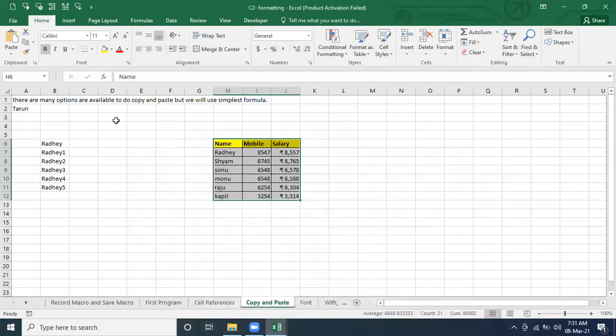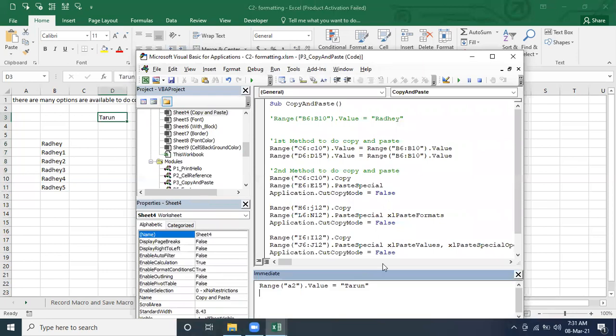Let's say I already have a Tarun somewhere else, which is in D3, and what I'm going to do is pass A3, and what value do I want to pass? This is the D3 value. That's very easy. So already we have a value Tarun somewhere else in our Excel file.